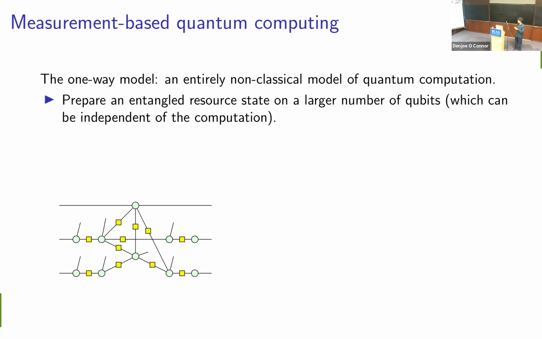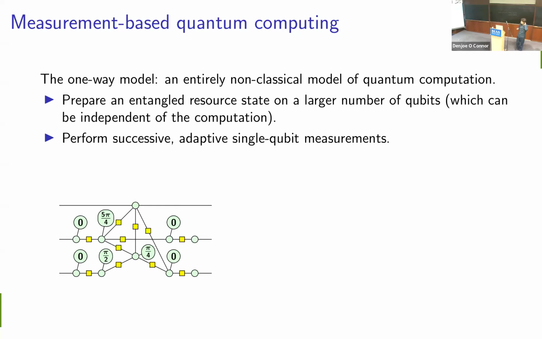This is an example of a quite specific resource state, but in general, there are families of these entangled resource states that are universal, so that we can use them to implement any quantum computation we might want to do. And then we do our computation via successive adaptive single-qubit measurements. I've indicated this in my diagram by adding these extra spiders. These don't exactly represent a measurement. They represent one specific outcome of the measurement. But for the purposes of this model, to represent what computation we're aiming for, that turns out to be enough.